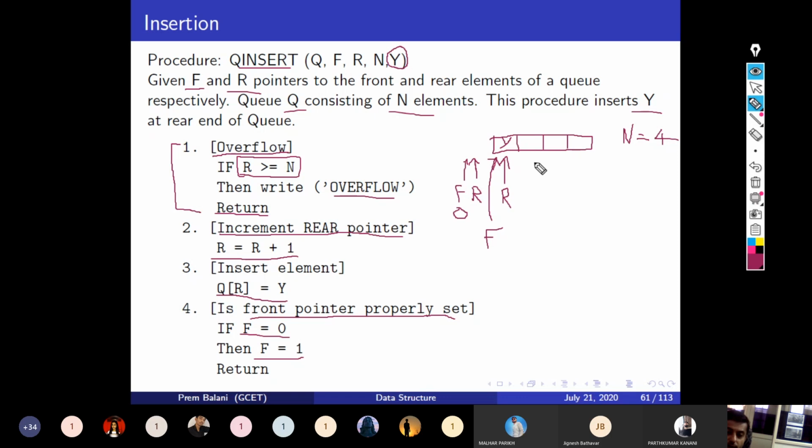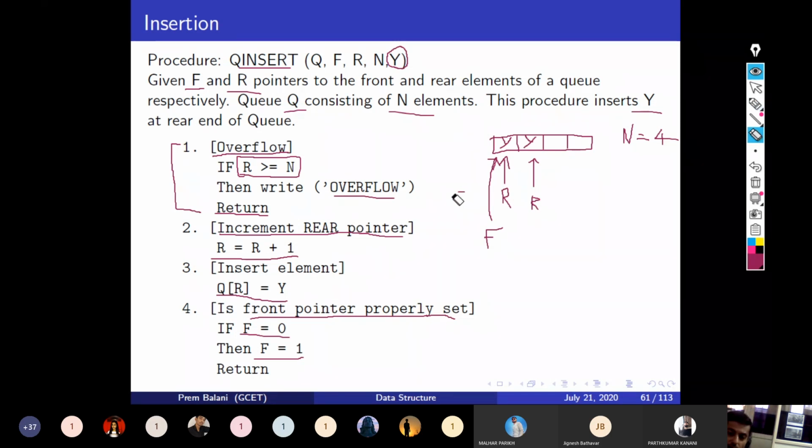Now if you add a second element, the second time also it is not overflow. You increment the rear pointer by 1 and add the element there. Then check if f equal to 0. No, now f equal to 1, so no need to do anything.